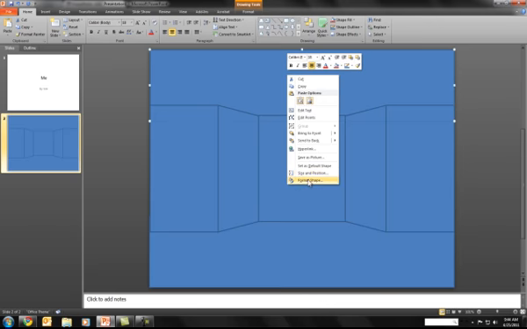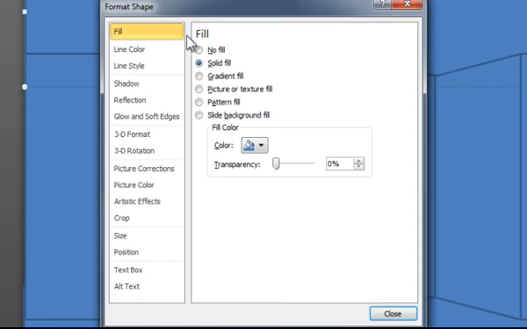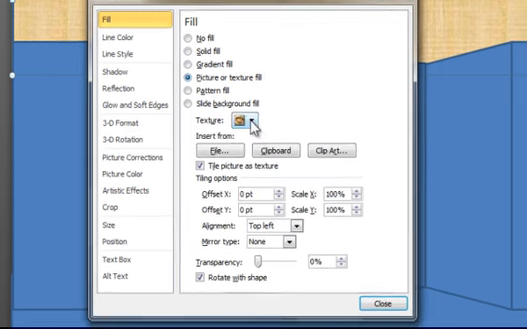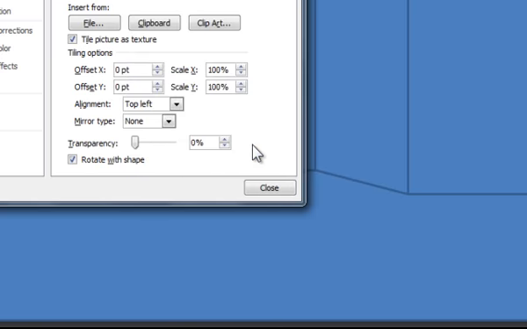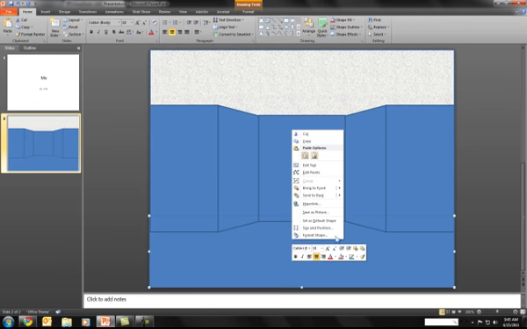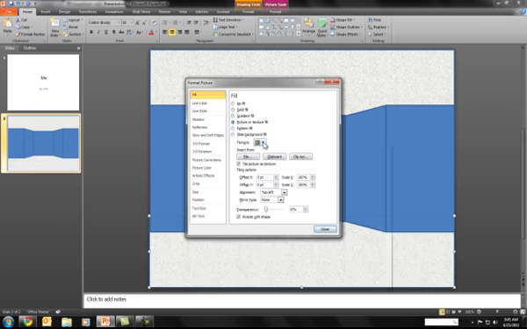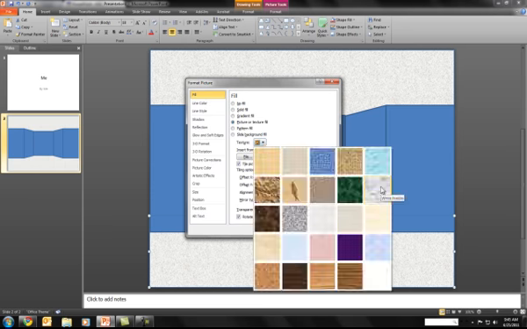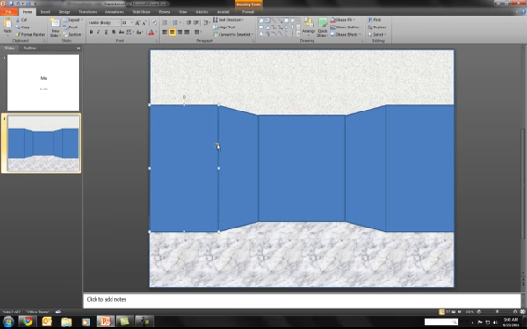Now we'll format the shape. When we go into format the shape, this will bring us to a fill, and we're going to go for picture or texture fill. It's going to be a texture. Let's see. Newsprint kind of looks like acoustical tiles. We'll use that. Format the shape for the floor. We're going to go for a nice white marble floor. And then for all of these,